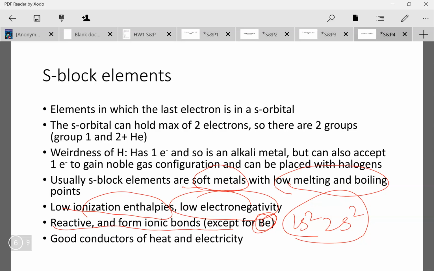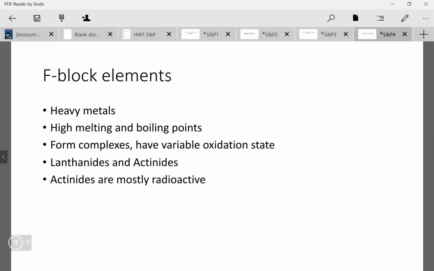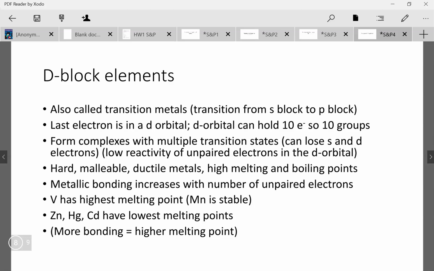But mostly you have to know any two of these things just so that you recognize the S block elements, right? Again, D block, transition metals. So we're going to talk a little bit here about metallic bonding. We're going to get to bonding in the last part of the theory, but in terms of what you have to know,